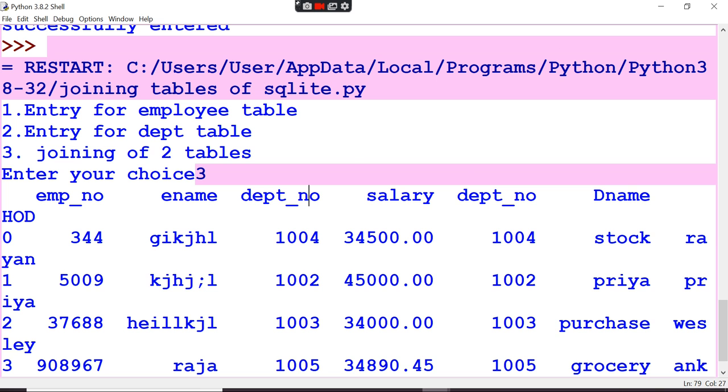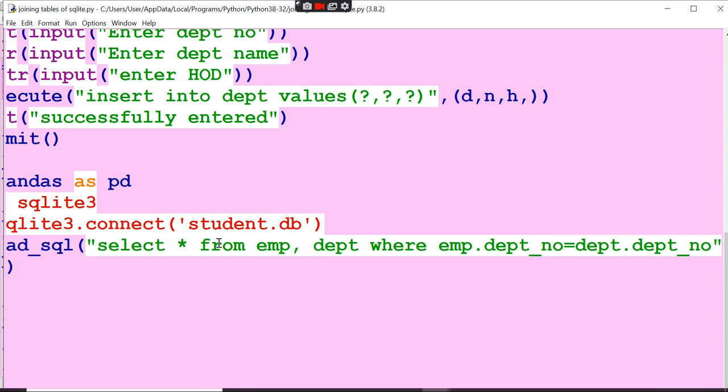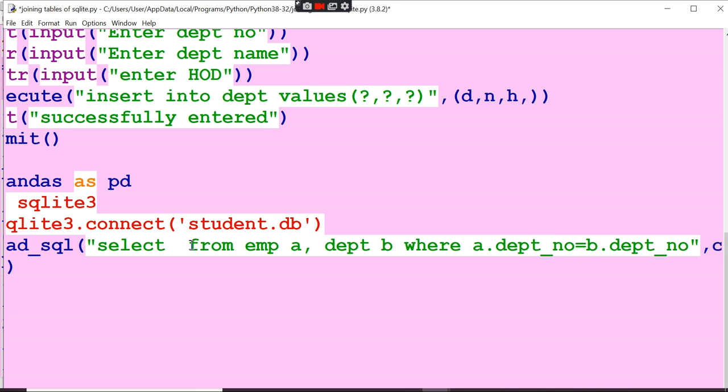Now you see here the department number is duplicated twice, right? Two times. So in order to avoid that, you have to go here again. You say the employee table as A, department table as B, and in the connection string for employee you give A, and this department as B here. Okay, where A dot department. Here star, instead of star I need to give it only one time. So I should know what the table fields are. So A dot employee number, I think I kept E number, otherwise I can just say star like this.